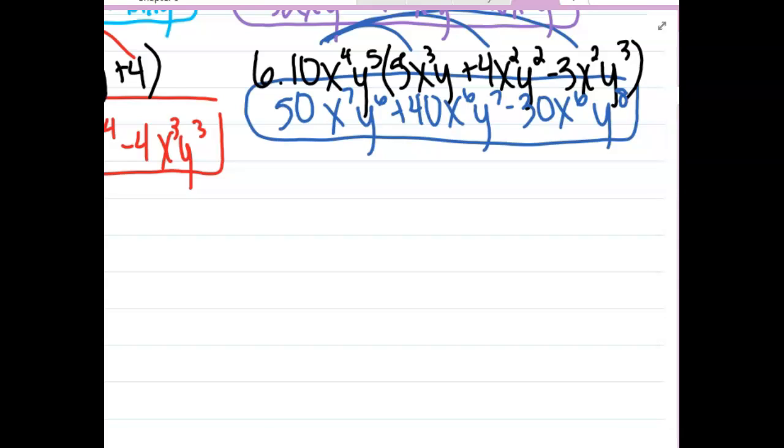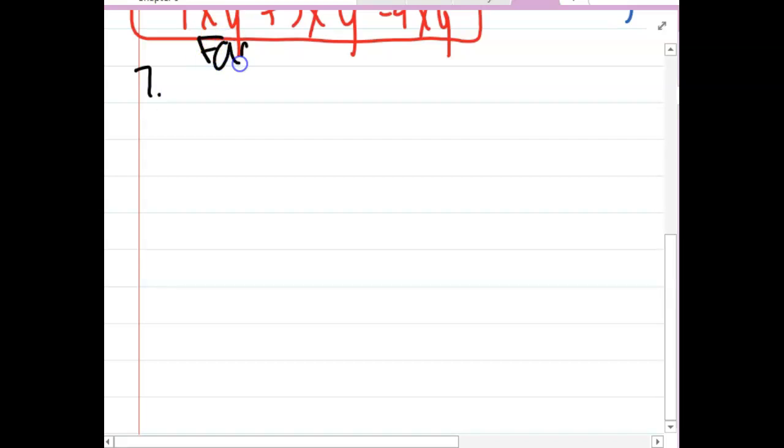Okay, now remember, the factoring, guys, you're just going back the opposite way. You're doing the opposite of what we just did. You're going to undistribute, okay? So let's try this one. So these ones we are going to factor. So remember, anytime I say factor, I'm saying, what could you multiply together to give me